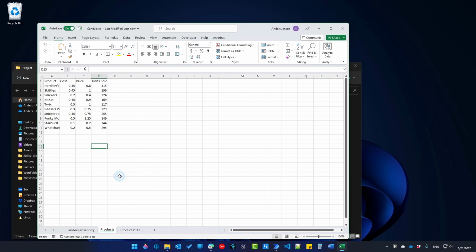Here I want to, for each row, say price minus cost equals profit. Then create a profit column here in between the price and units sold and put that number in it. Then I also want to create a total profit column here after the units sold, and that is profit times